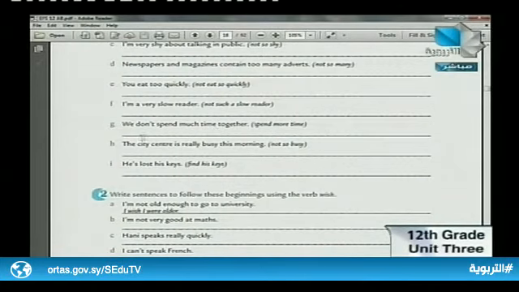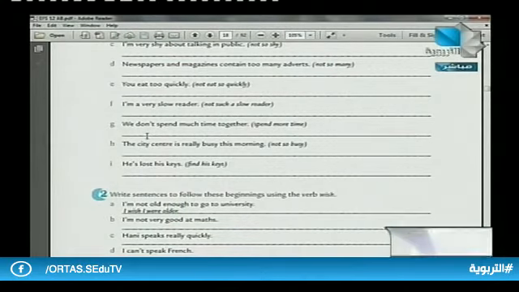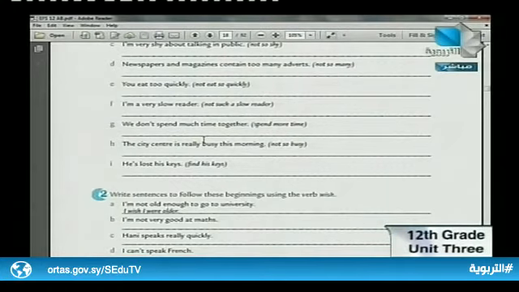If we give our students the freedom to do it, he can say, "I wish we did." But here we are obliged to spend more time. So we say, I wish we would spend more time together, or we spent more time together. We use would or the past simple of spent.